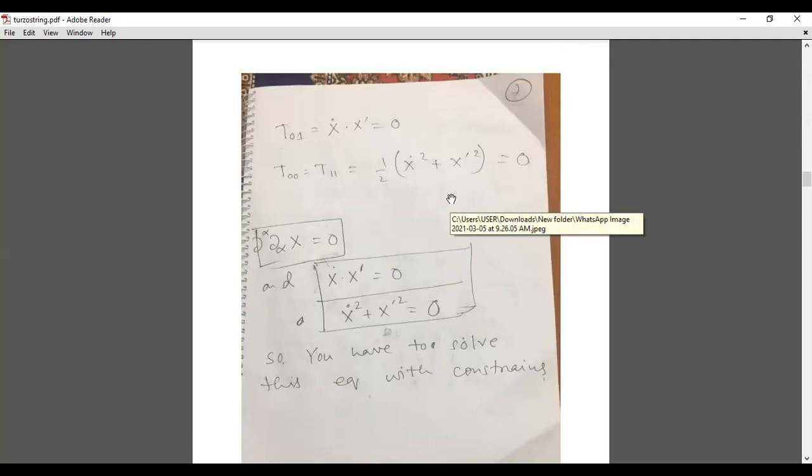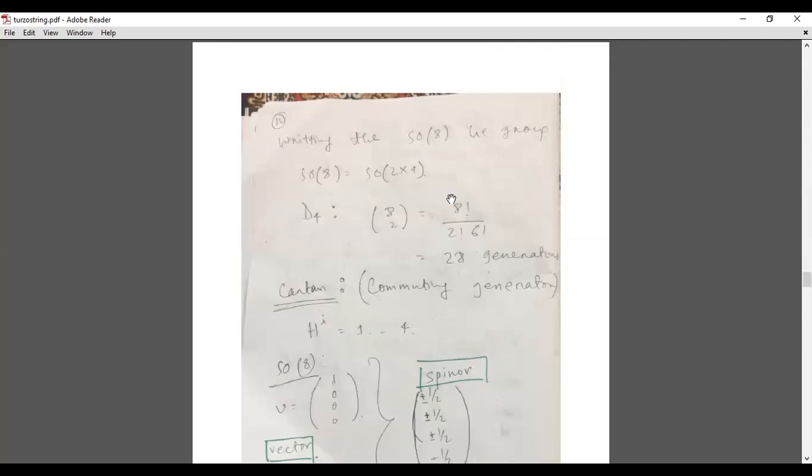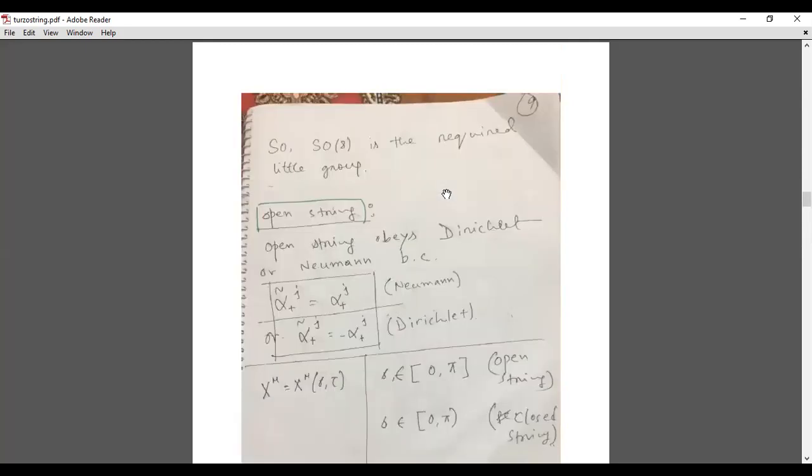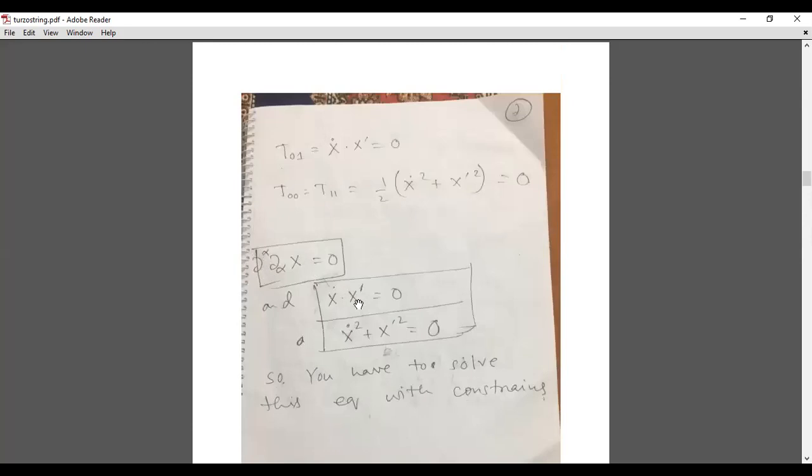Before moving into that, just one second, is that okay? So this is the string, right? Whenever you have a closed string, it means that there is some periodic condition in the sigma direction. And whenever you have an open string, you have two endpoints. Now this open string ends somewhere, right? So you have to specify either a Dirichlet or Neumann boundary condition at the ends. So using either the periodic condition or the Dirichlet or Neumann condition, as well as this equation of motion and the constraint,